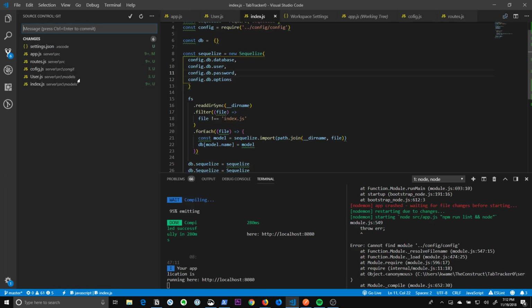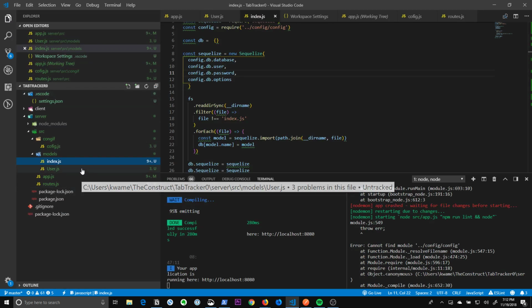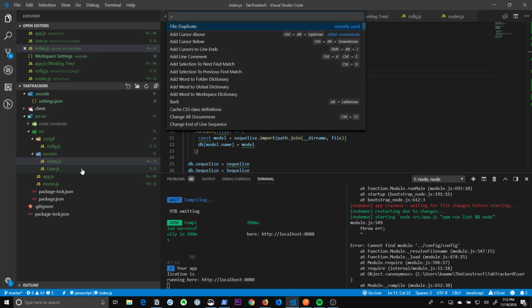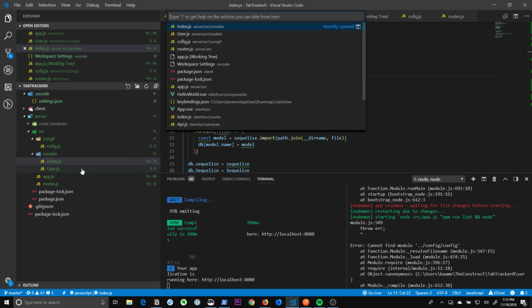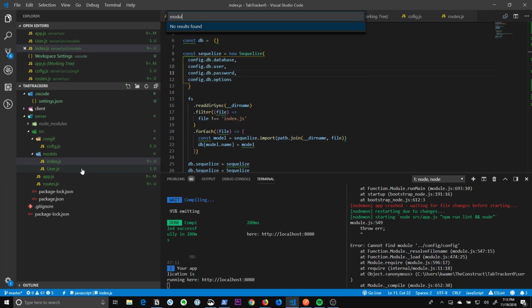Control B to bring this back. We go up to our files. Actually, if we hit Control Shift P, nope, we don't want Control Shift P. If we hit Control P, we can look for modules. So this is not something we wrote. This is a module that we've imported somewhere that is reading some data that we're giving it, and it doesn't know what is going on. And it's telling us right here,